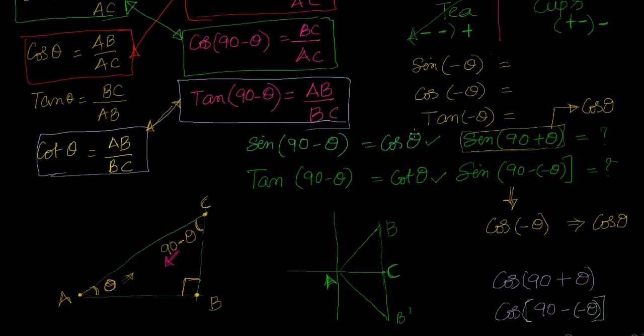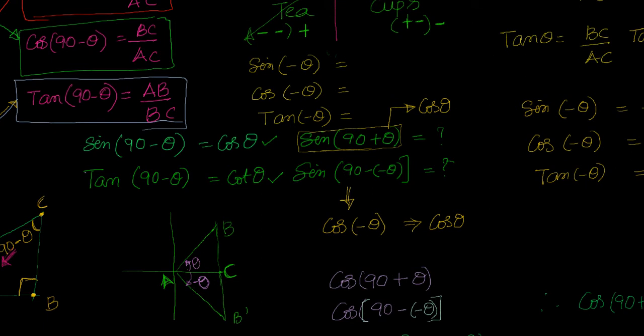Now let us see what happens if the angle changes from positive to negative. Here I have taken a line which is making angle theta in the counterclockwise direction. The same thing I have converted to the clockwise direction by taking the angle as minus theta. Now we want to find out how the trigonometric functions are related in this scenario. So I found out what is cos, what is sine, and what is tan, and I observed this.